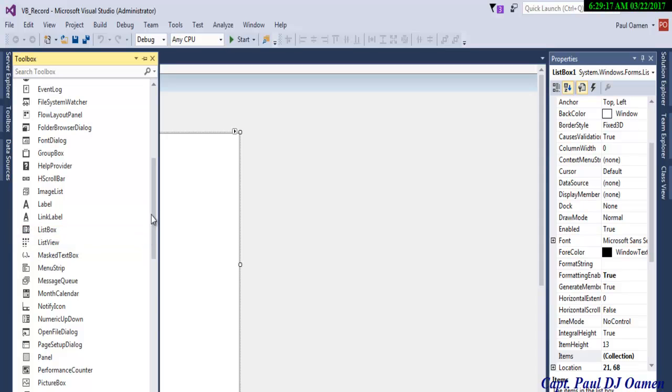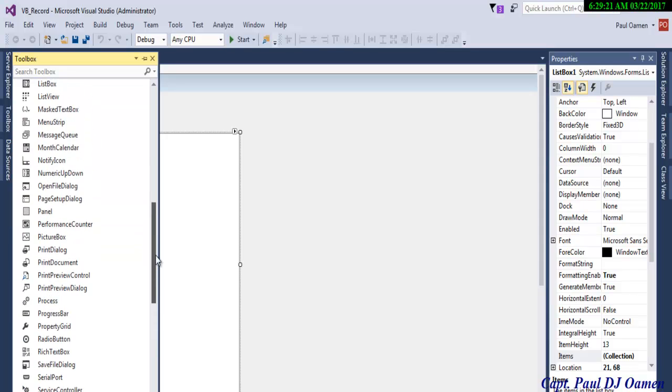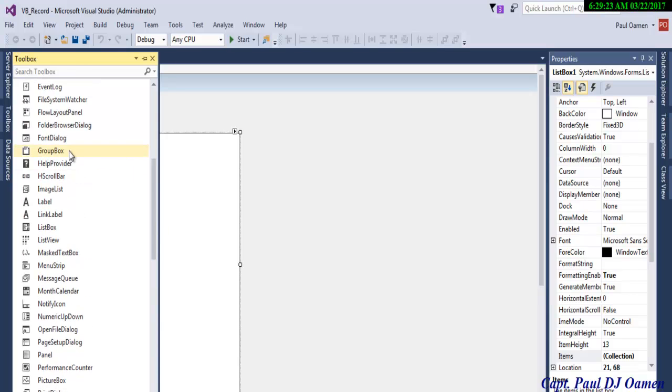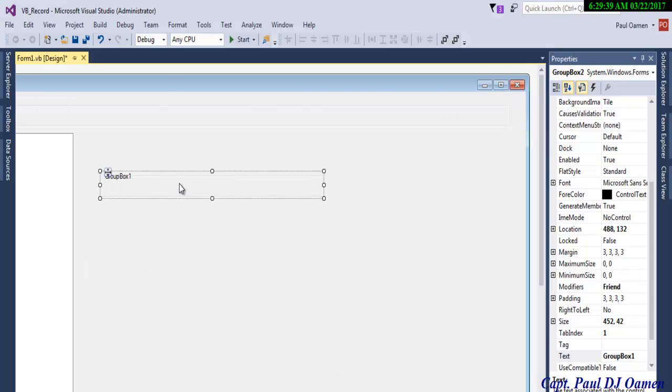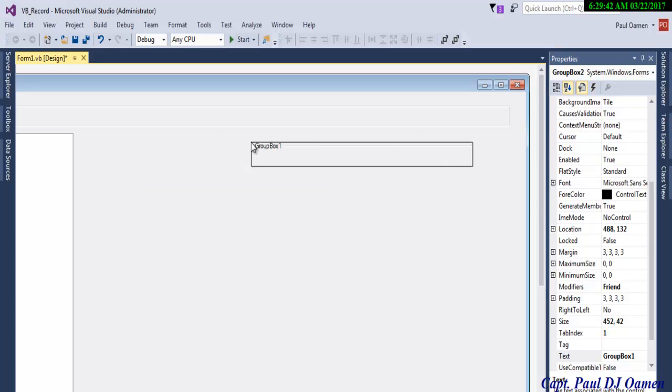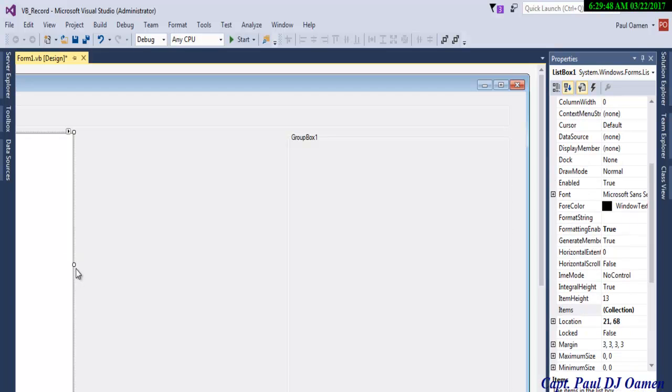Let's paste it somewhere there, right there, and select group box. We're gonna need two of those, right here, one here, and let's extend it that much, but we can always copy this because we need one more here. So drag it that much, and here I have another group box. I'll take that down, increase the size of this,